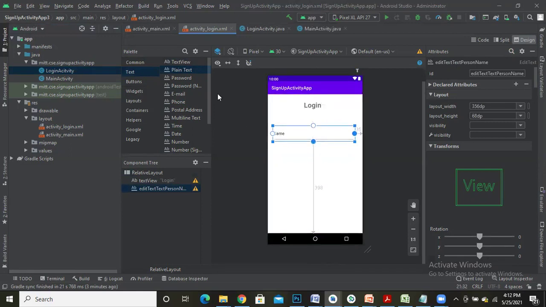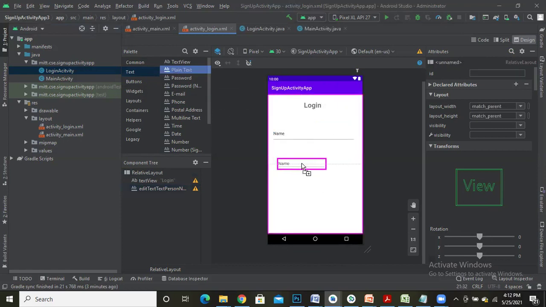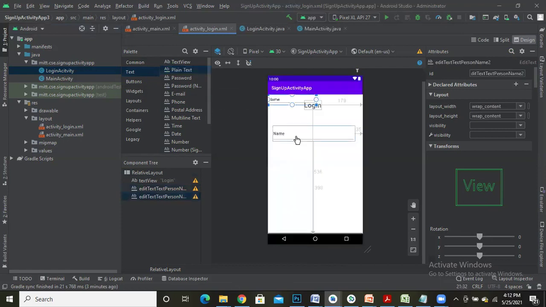So similar to name, I'll add one more plain text. As usual, make this component movable towards horizontal. Make this component movable towards vertical. So bring this and place below the first edit text field. Let me increase the width.